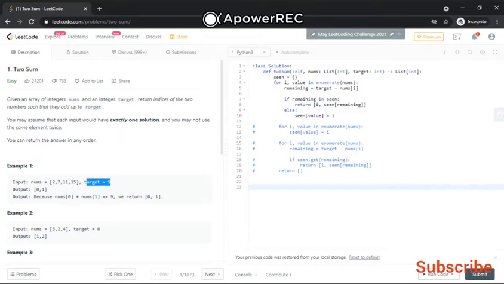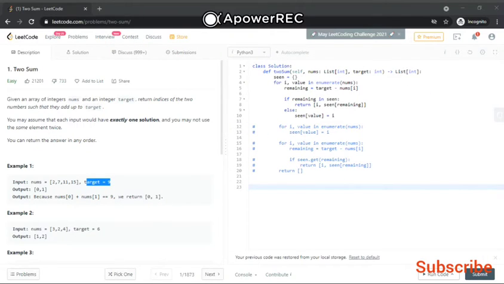So how can you find it? The simple approach is, you have 9, and when you loop on the array, you will come across 2, 7, 11, 15.